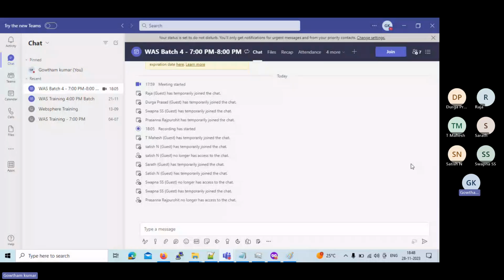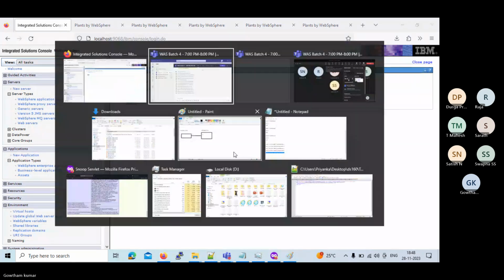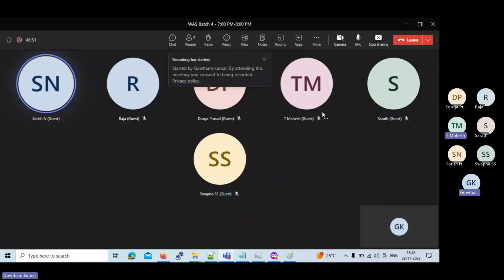Hi guys, sorry. Seems some network issue. I have joined with my mobile data. You can see my screen, right? Yes, Gautam. Okay, fine. See,